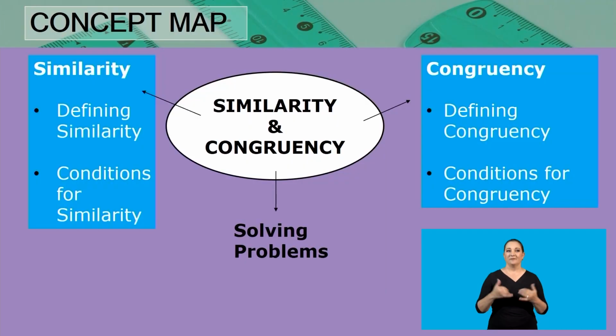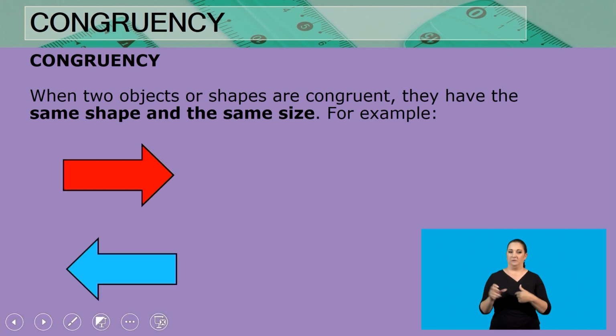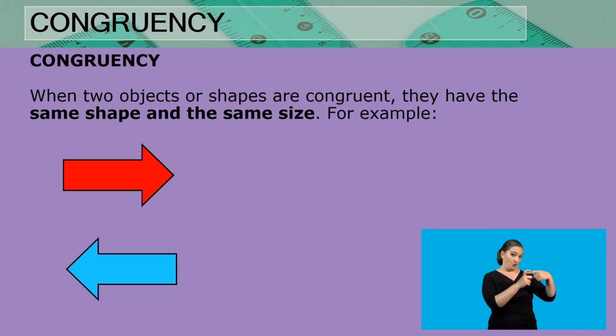So we are now going to be looking at congruency, which is the next point in our concept map. So let's look at congruency. When two objects or shapes are congruent, they have the same shape and the same size. So for example, we have an arrow and another arrow. Now, as we can see, these two arrows, even though they have a different color or a different orientation,